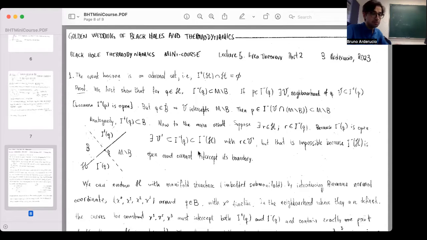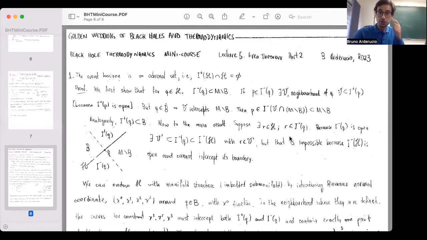And the diagram showing the reciprocal is just underneath it, right? So it's the same idea. If Q is a point in H, and P is in the chronological future of it, then you use the openness of I plus, find a neighborhood, and perform the same inclusions. Now, to show that it is achronal, you pick a point in the horizon that I denote by R,